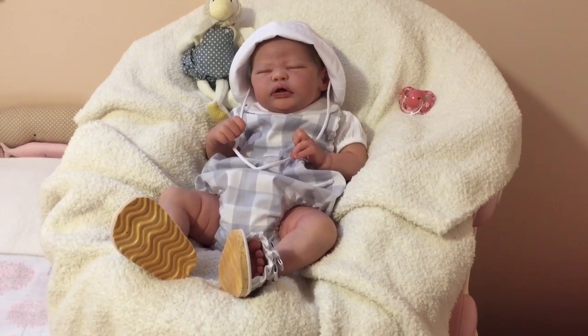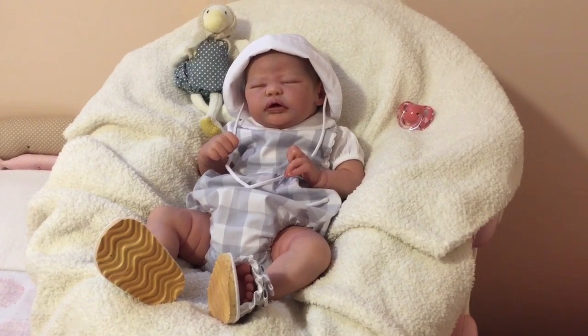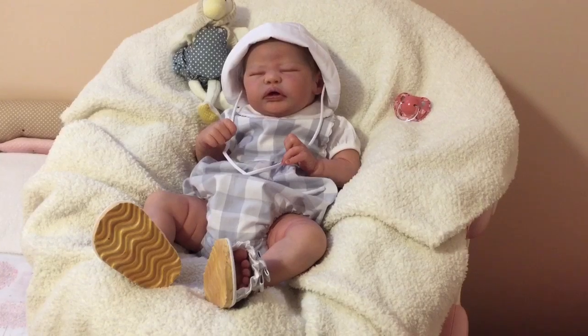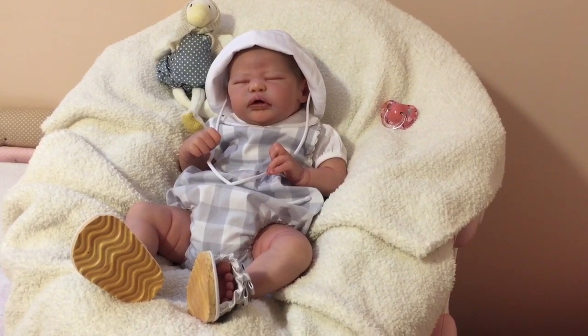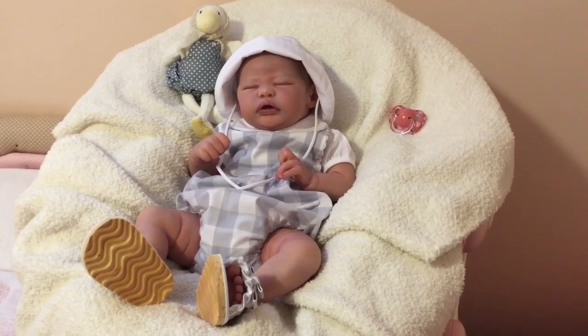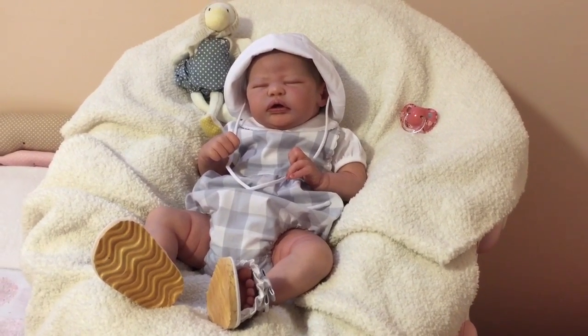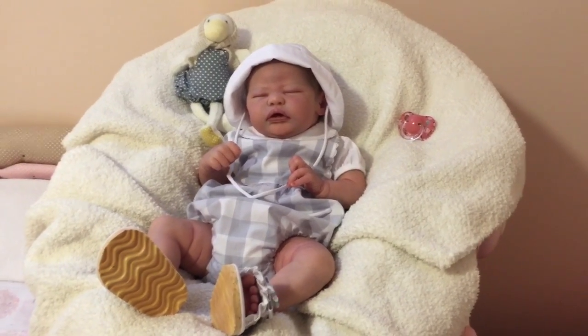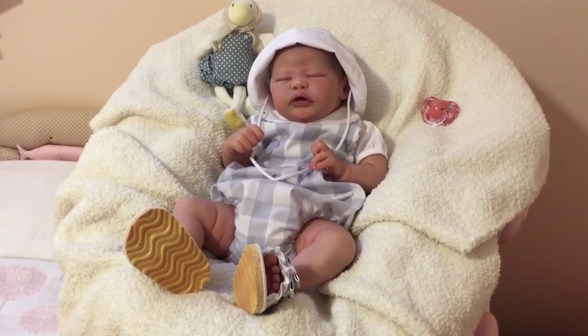I think there's not that many in my book that are up to par for what the dolls are selling for. I think a lot of them are very overpriced, and it's just because they see it's collectors that fall in love and they take advantage of it. But like I said, there are so many good artists out there. The point is that